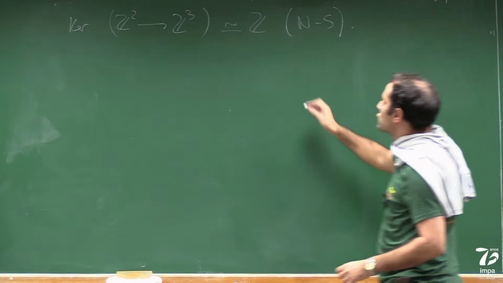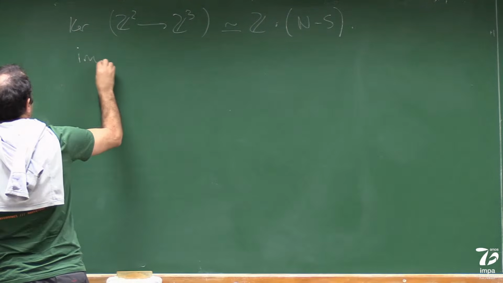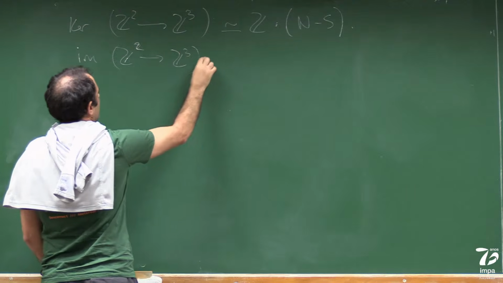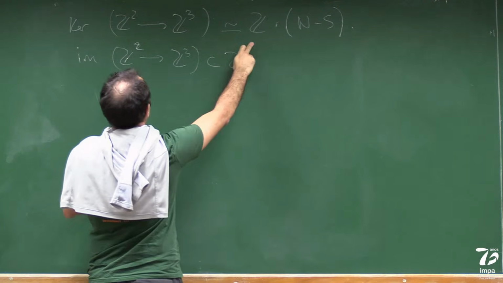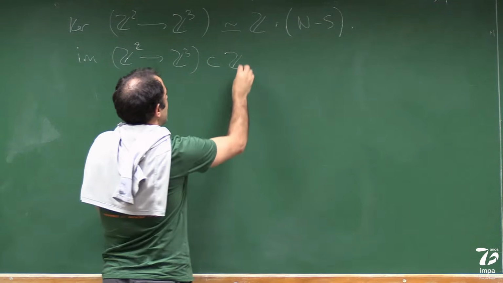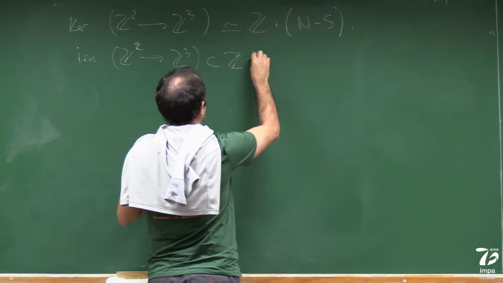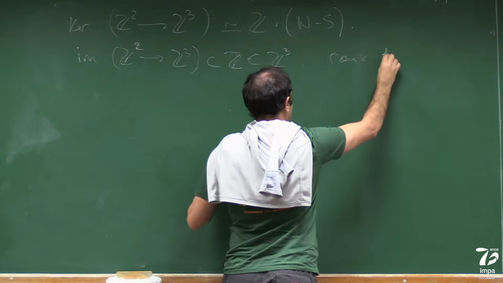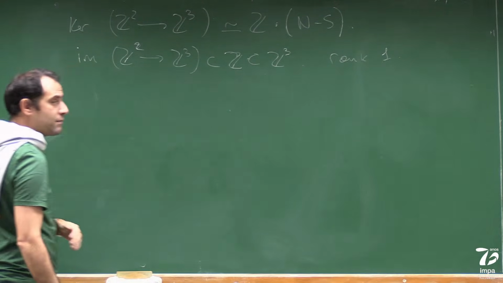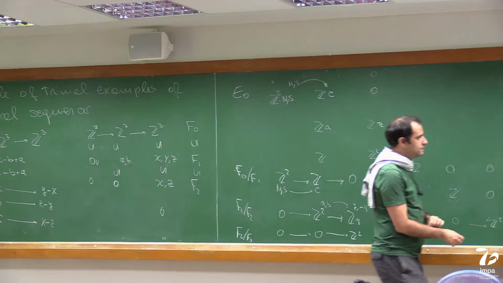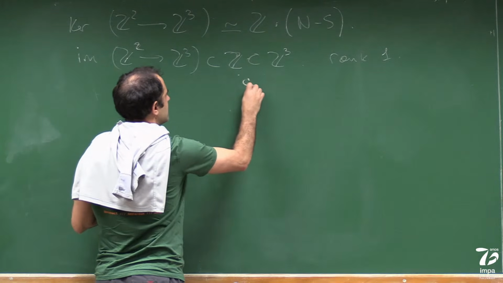So that means that the image of that differential into that Z3 is just a Z. Well, if I have Z2, which is free, the kernel is Z, the image is all of Z inside of this Z3, so it's rank 1. And it's free. It's generated by the image of either the differential of S or the differential of N. It's just all multiples of C minus B plus A. So the generator here is C minus B plus A.